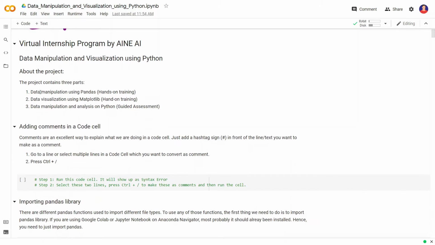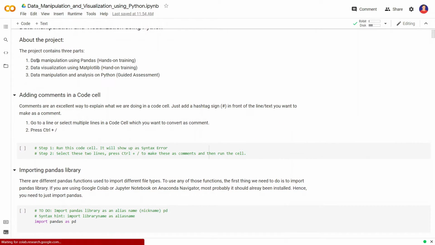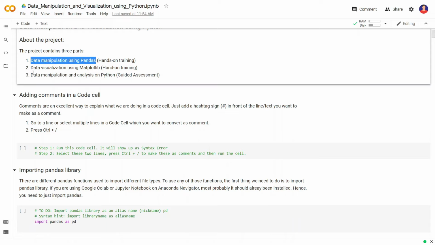The first part is data manipulation using pandas, and the second part is data visualization using matplotlib, the most used graph plotting library in Python. And the third part is data manipulation and analysis on Python, and it's basically a guided assessment.